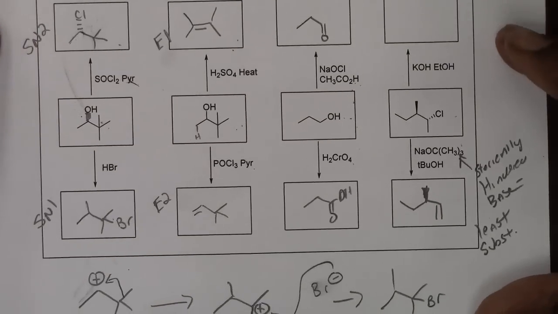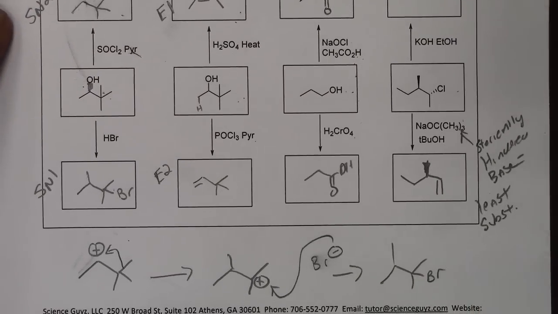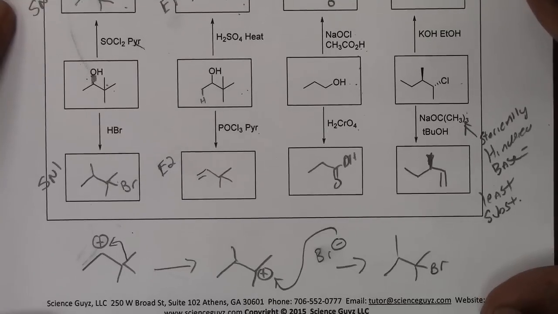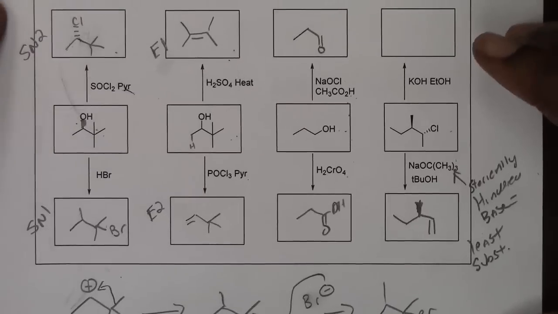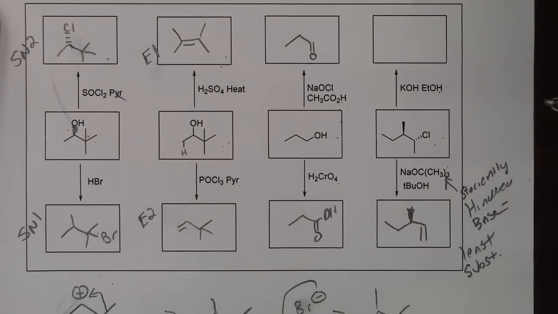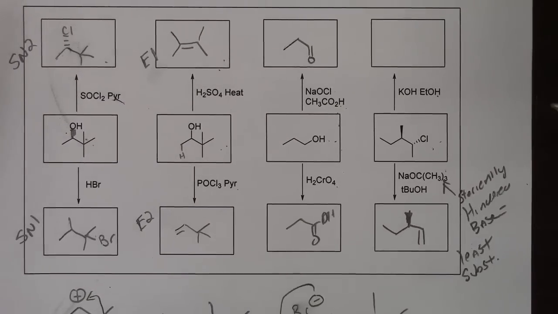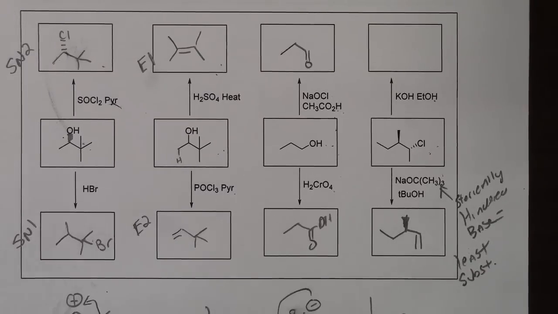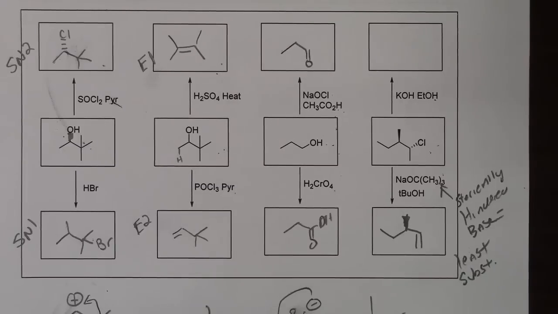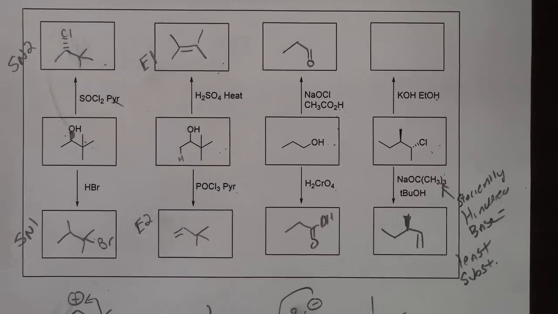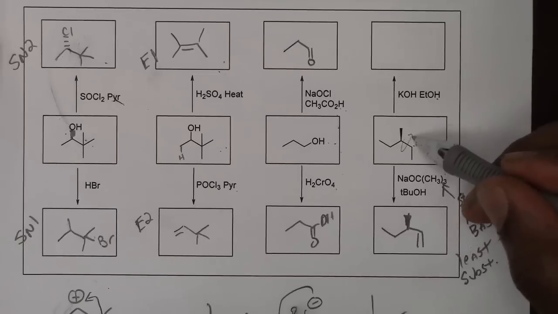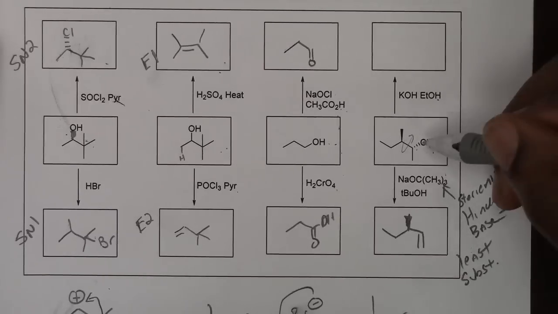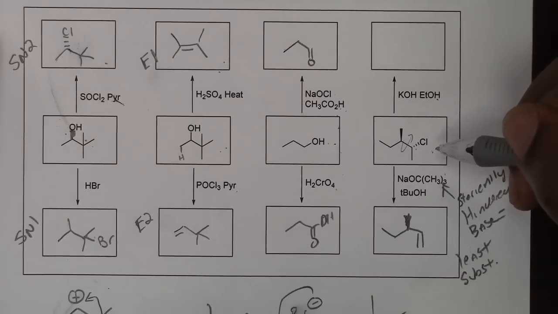What other case will give us the least substituted double bond in an elimination reaction? Fluorine is the leaving group. Now when we react this with KOH and ethanol, we aren't necessarily going to get the least hindered product, because we can rotate around. So in order to figure out the stereochemistry for this E2 reaction, we have to turn our chlorine antiperiplanar to